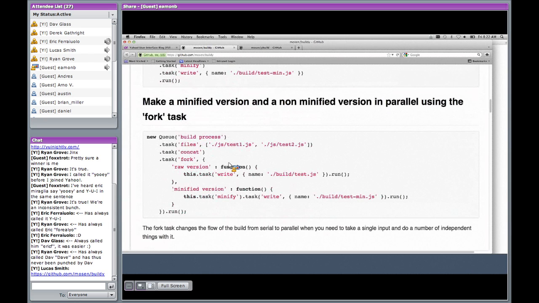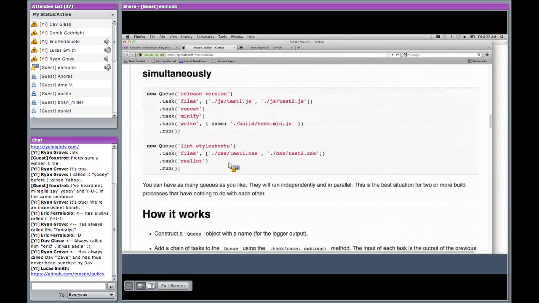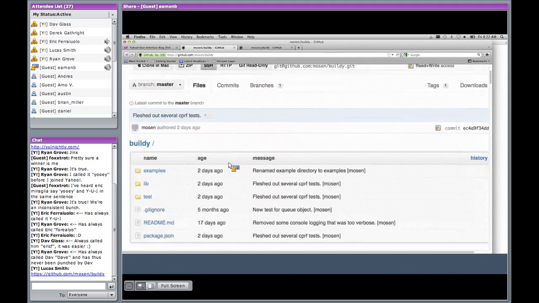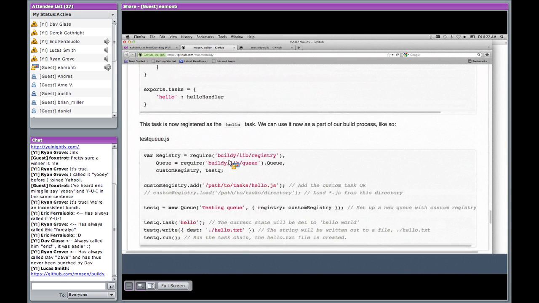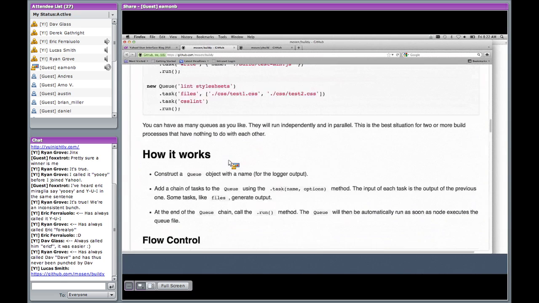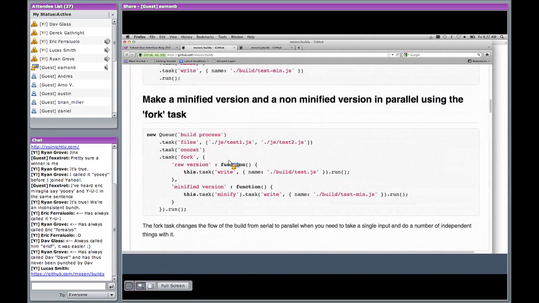And do you have an example of that being used? I was just curious to see. Yeah, I hope so. It seems like it could help for certain things like licenses or version numbers or that type of thing to put into files. I don't have one up on the README, but I will definitely put one up after this, just so you can see how it works. Seems like you could even potentially use it for pre-compiling templates and then dumping them into an HTML file or even into JavaScript strings. Yeah, if you want to use it as a template processing tool, you can definitely do that, for sure.